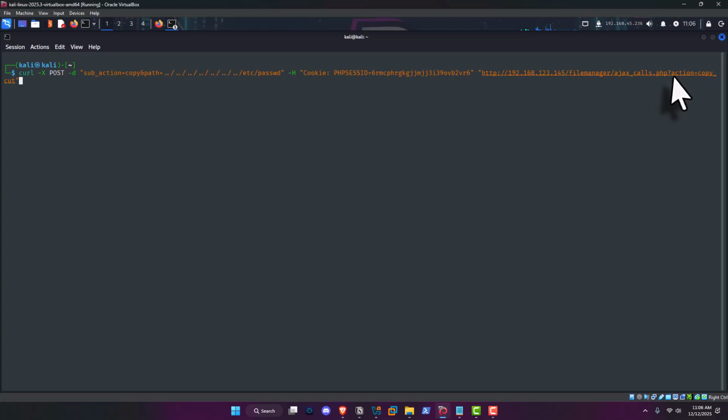So you see how neat now the action is not read, edit. It is copy, cut, right? And here's the path to the Etsy password file. We got our session key and everything in there, right? We hit enter. It looks great. Okay, so now if we go to paste it,